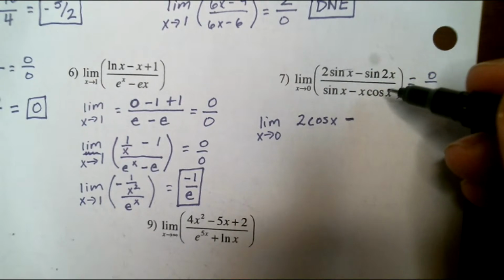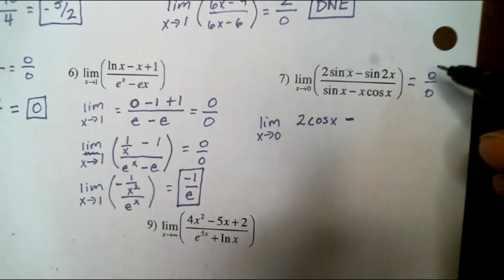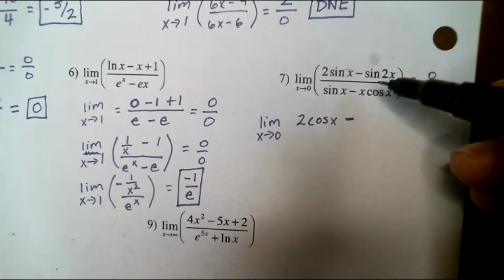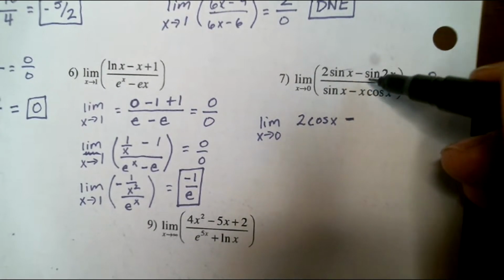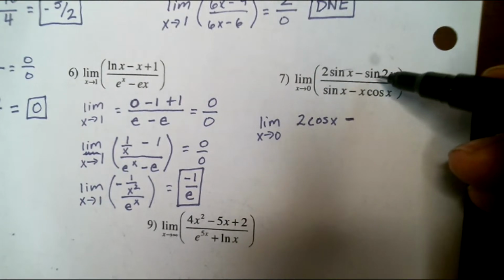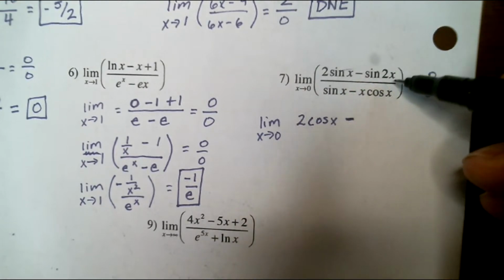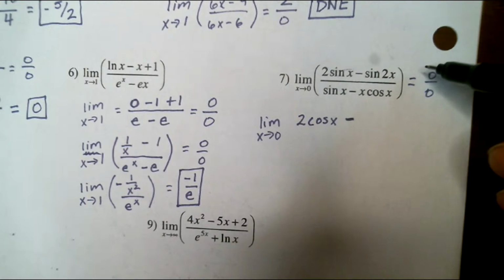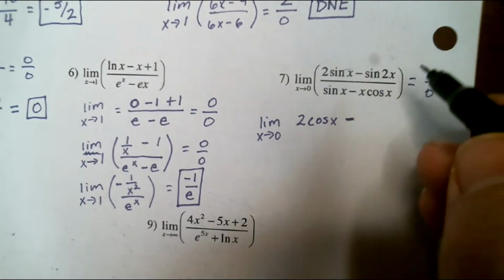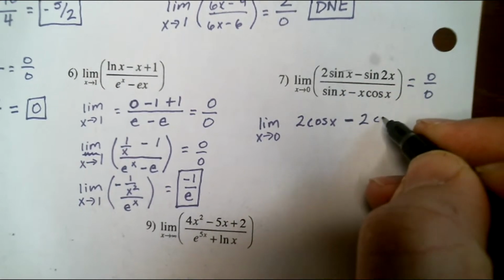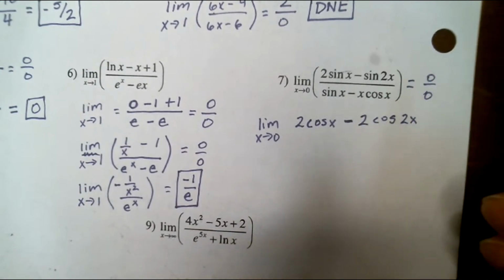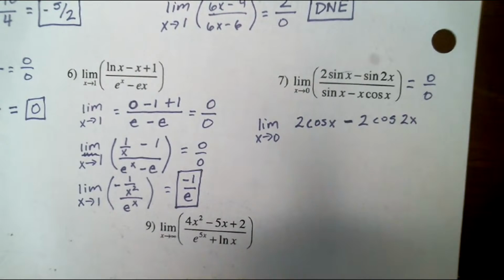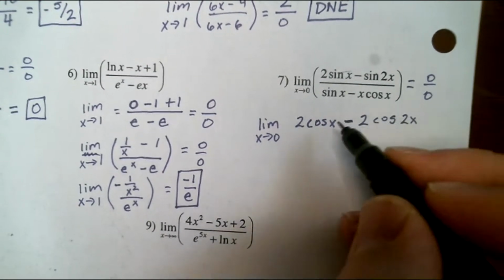If you remember here, the angle stays the same, so the derivative of sine is cosine of 2x, but then we have to multiply times the derivative of 2x, which is 2. So that should come out to be minus 2 cosine of 2x, all over